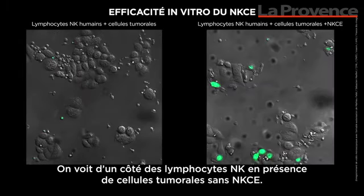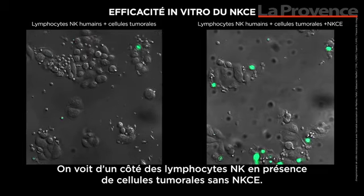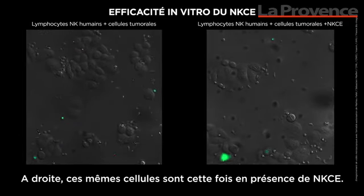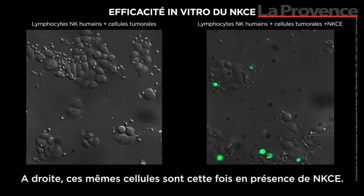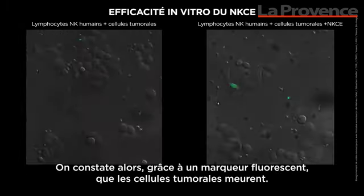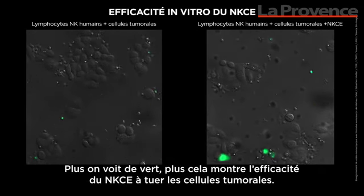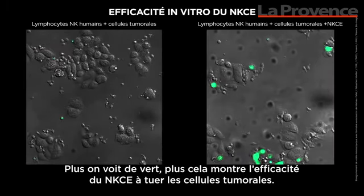On one side, one sees human NK cells in the presence of tumor cells, but in the absence of NK cell engagers. On the right side, one sees the culture of these human NK cells with the tumor cells, but in the presence of NK cell engagers. And what you see is that the tumor cells are dying. As they die, they become fluorescent and green. So the more green you see, the better it is in terms of efficacy of the NK cell engager for